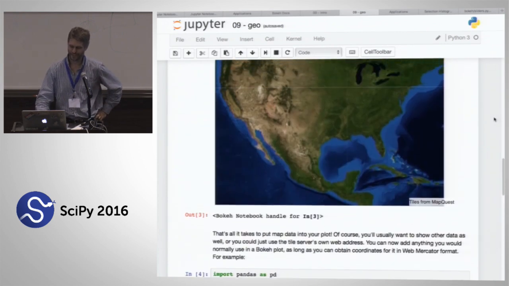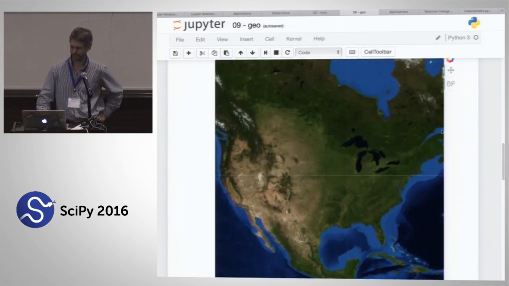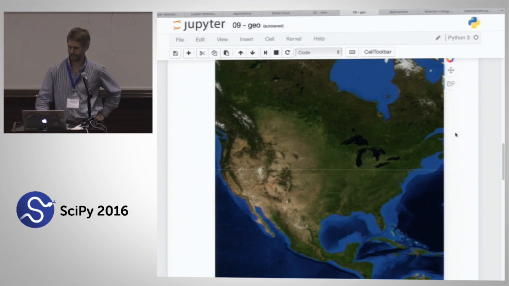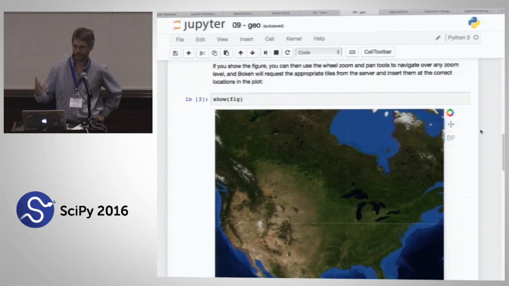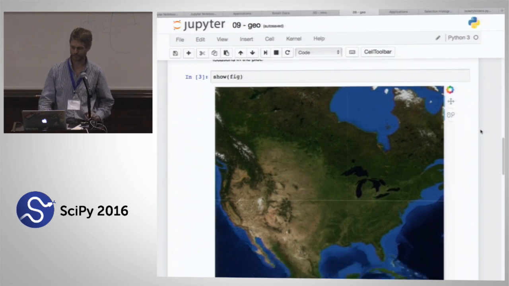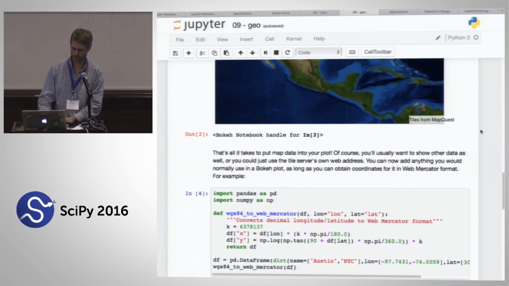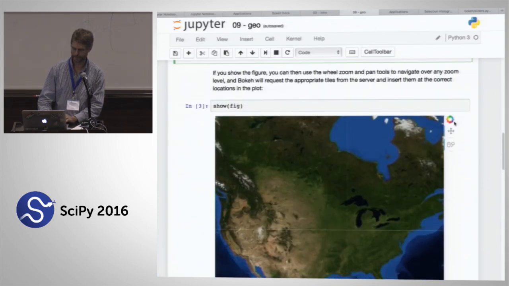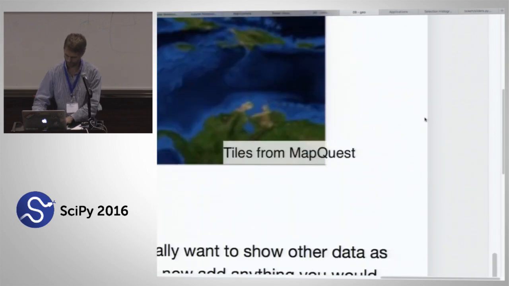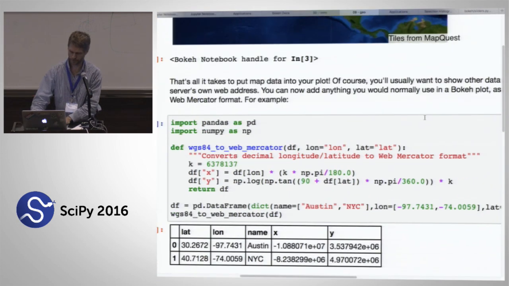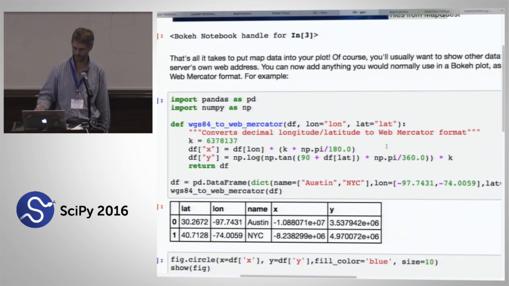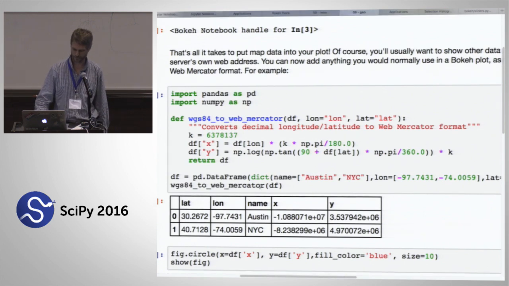And obviously, this isn't that exciting because you can embed any reference to some external tile provider, not using Bokeh at all. You can just have some window that has that. But the whole point of this is to show your data in relation to geographic data. And just to show that that is also very easy, it takes one line to add this thing to your Bokeh plot. You can just add anything else to the same Bokeh plot, exactly the same as Brian's already been showing you. In this case,